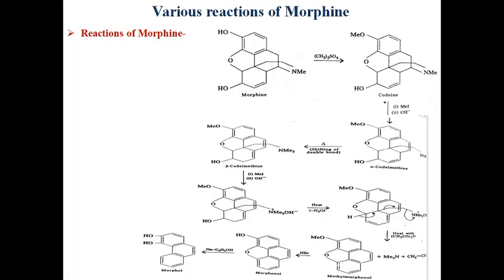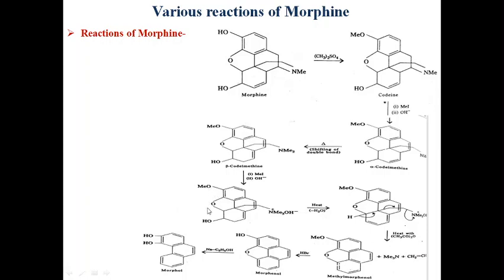So from this structure of morphine, all the reactions can be satisfactorily explained. As you can see, morphine on treatment with dimethyl sulfate converts into codeine. As you can see, the methoxy derivative has been formed. Then on Hofmann degradation, it converts into alpha-codeimethine, and the shifting of the double bond takes place on heating. It isomerizes into beta-codeimethine. Then beta-codeimethine, on treatment with methyl iodide in the presence of alkali, converts